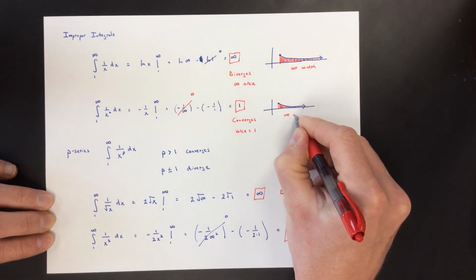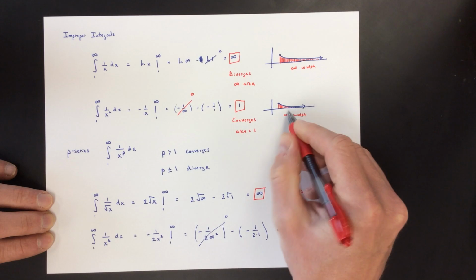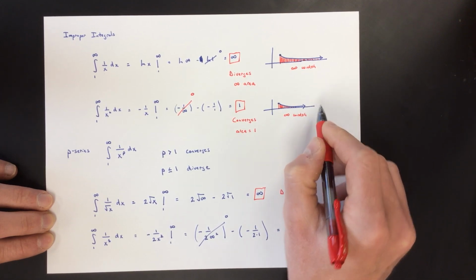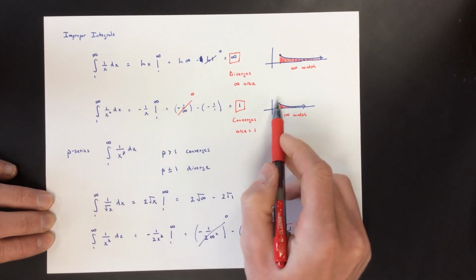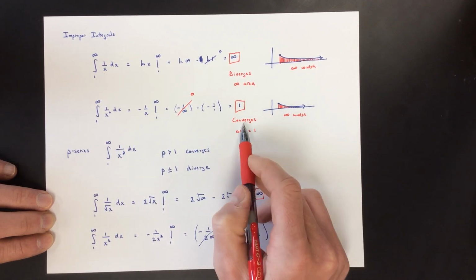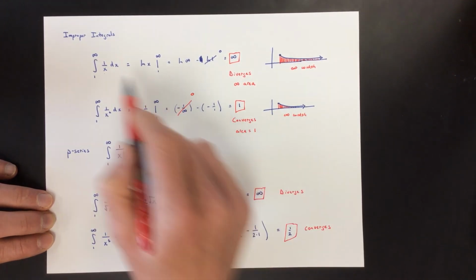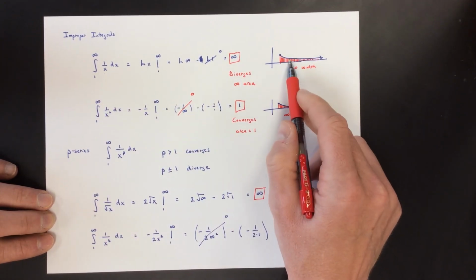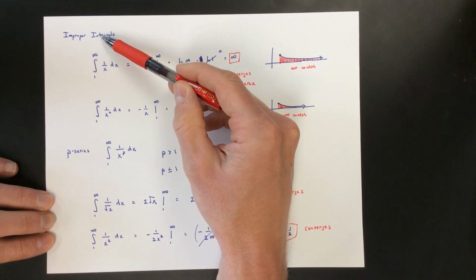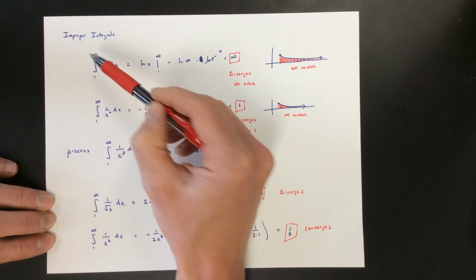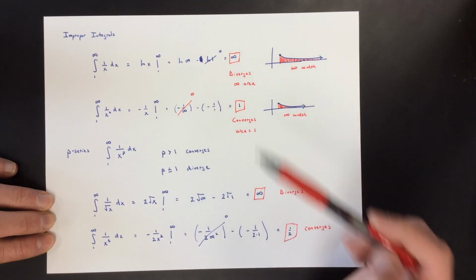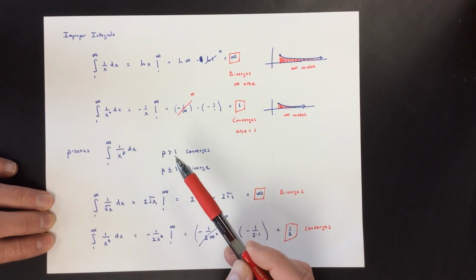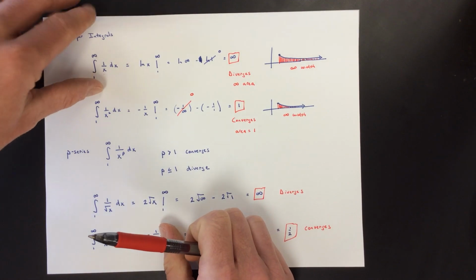This infinite width doesn't. Even though this is an infinitely wide kind of segment here, this goes to 0 so fast that it still has a finite area. And this actually doesn't go to 0 fast enough. It still causes an infinite area. So some of these improper integrals, again, improper integrals involving this, some of them diverge and some of them converge. The p-series is the most popular thing to kind of talk about. Okay, let's look at some other ones